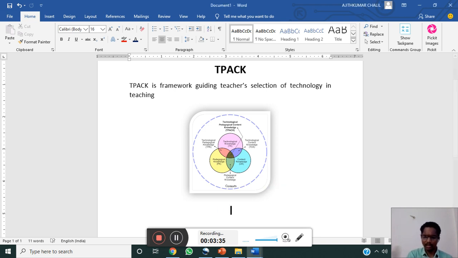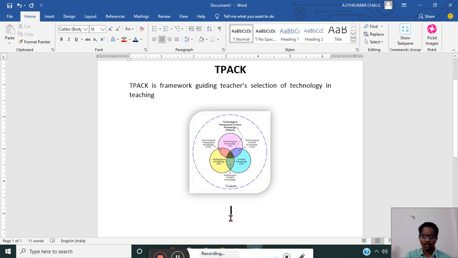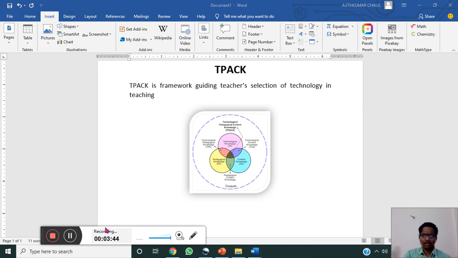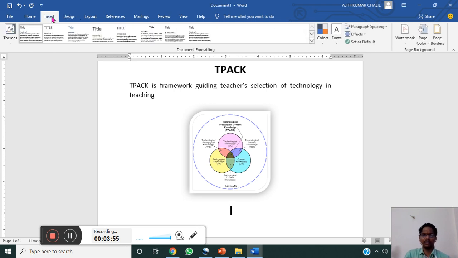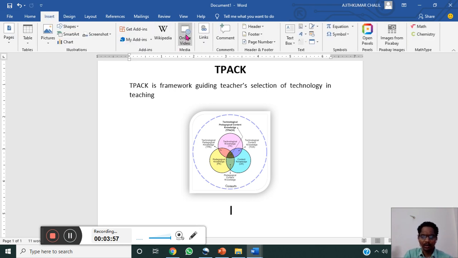I will click my cursor here and click on Insert. It's a little bit slow. I will click on Insert first, then I will click on Online Video.